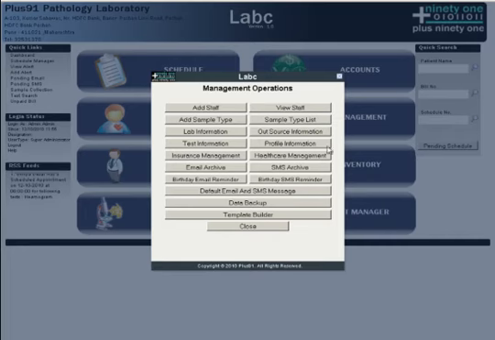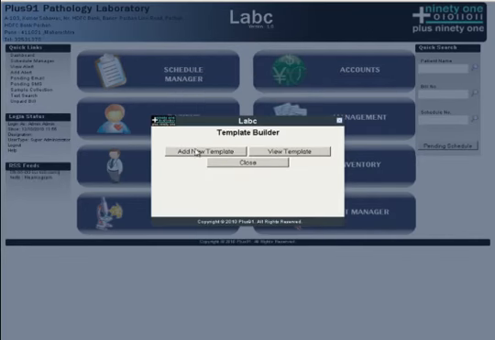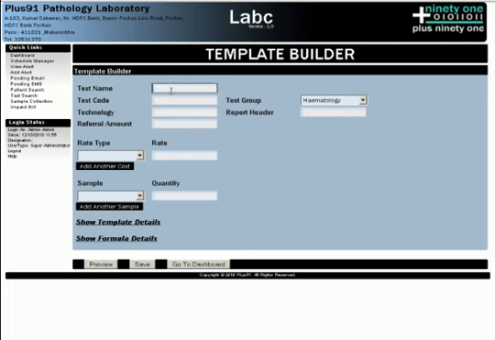Using the template editor in LabC, click on Management, click on Template Builder. To add a new template, click on Add New Template. You can enter the test name, test code, technology, along with comments and notes, the referral amount, the report header,